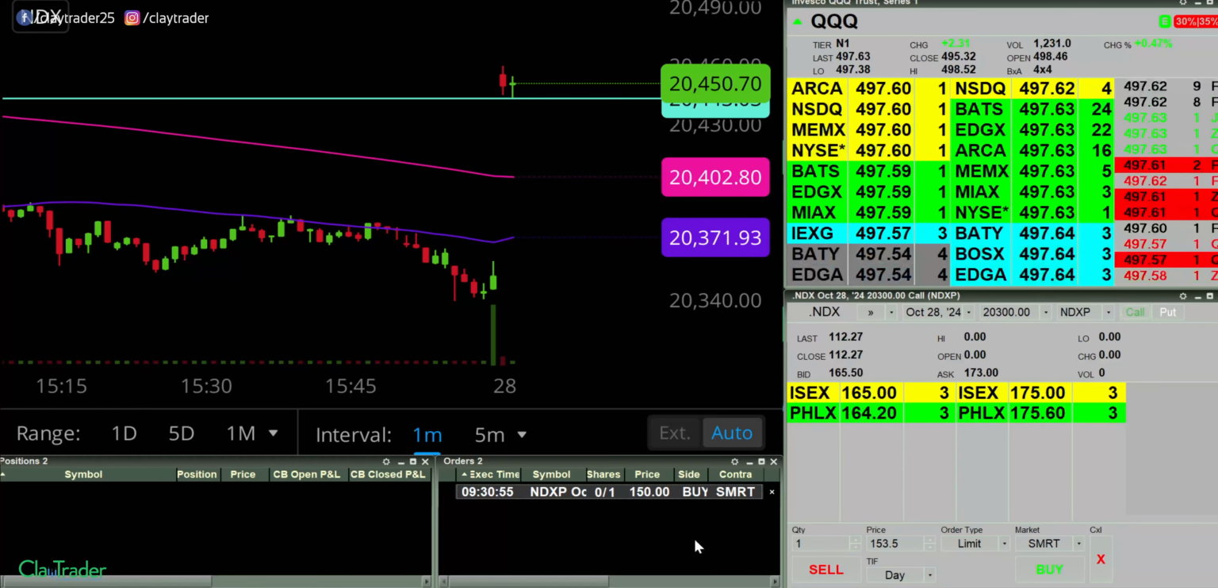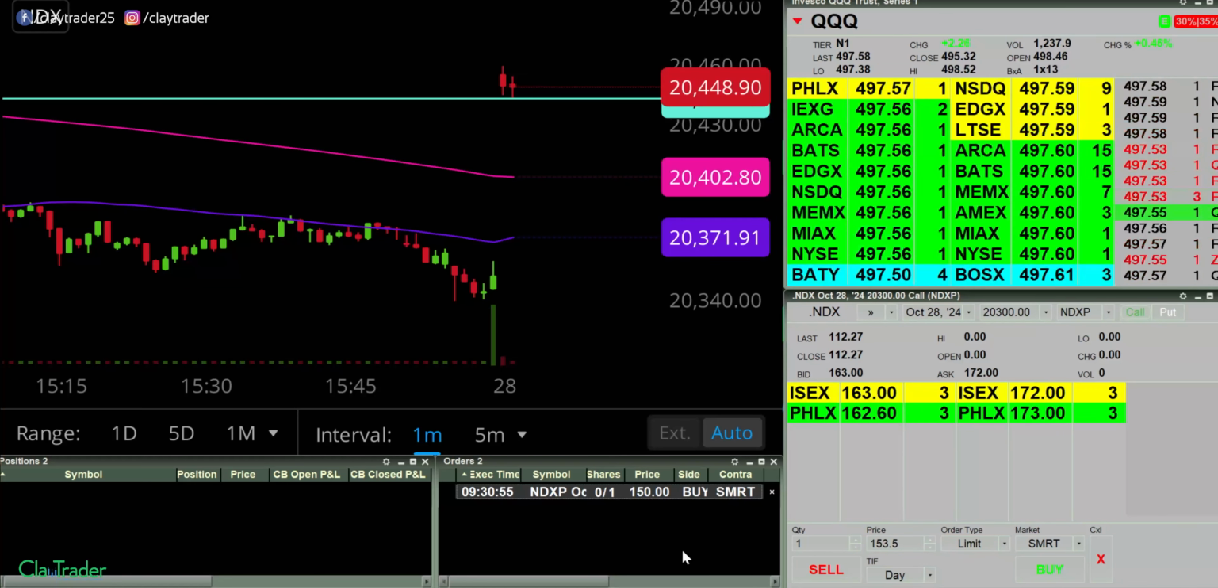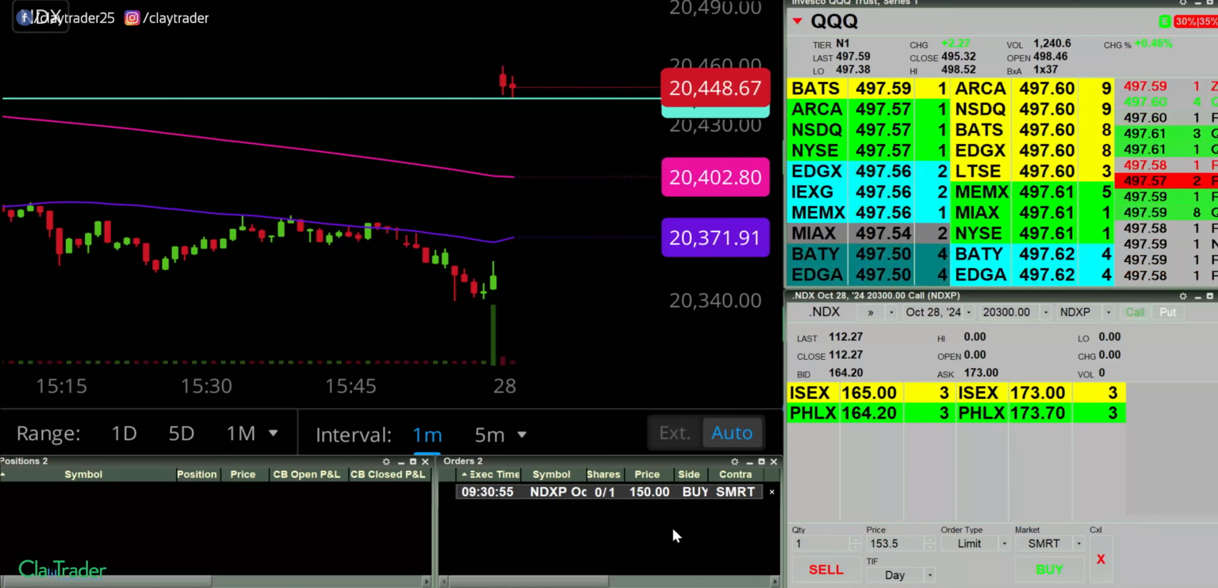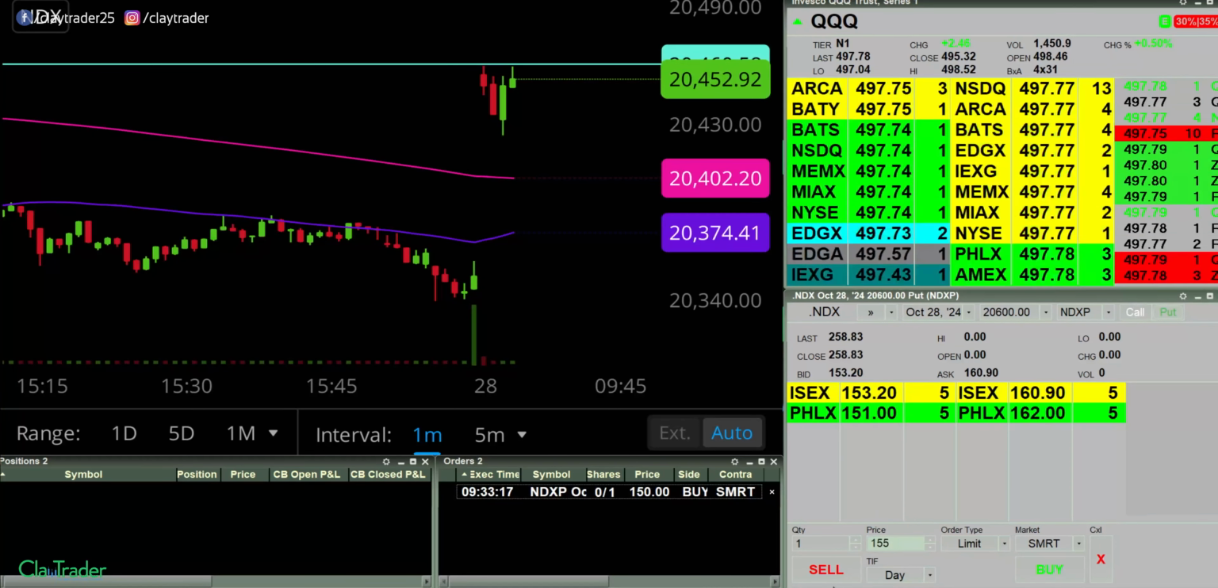All right, well, I thought it might have been getting close to potentially allowing me to buy, but not right now. So I will pause for now, and I'll be back if it looks like it gets closer to potentially filling me. All right, I have an order at 150 here